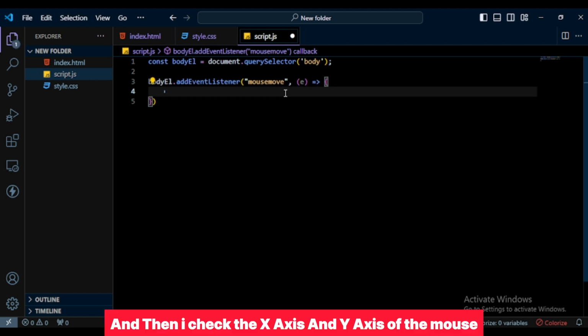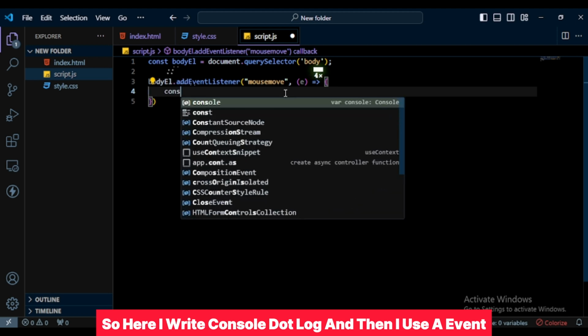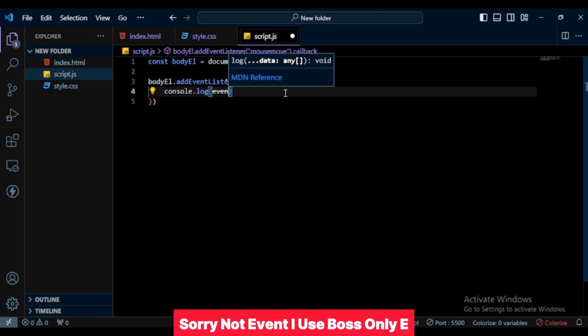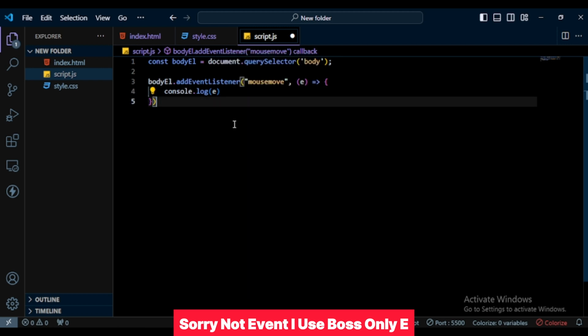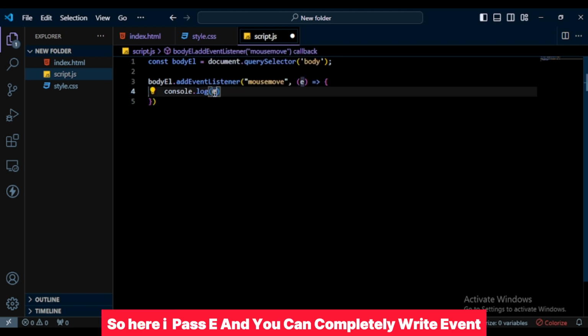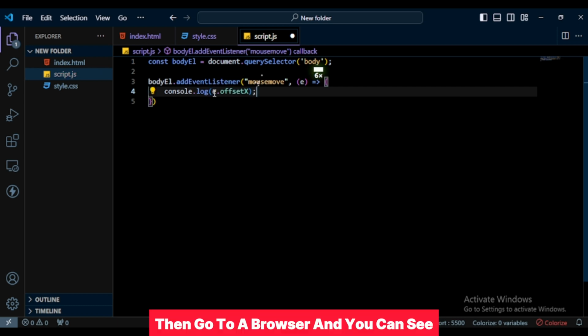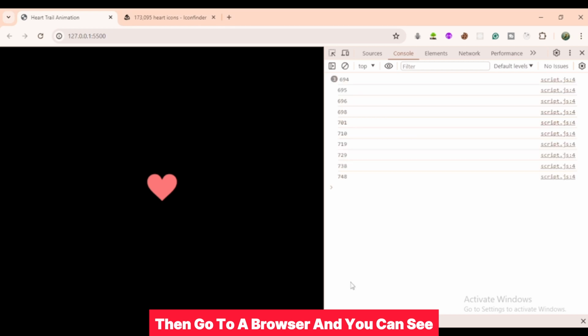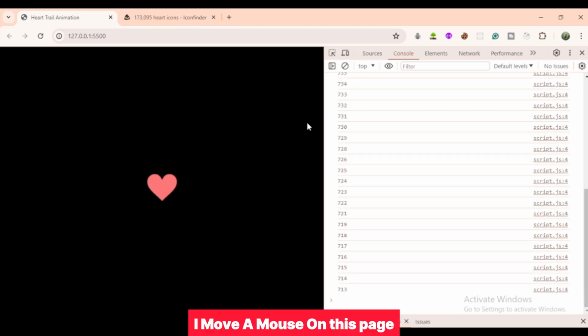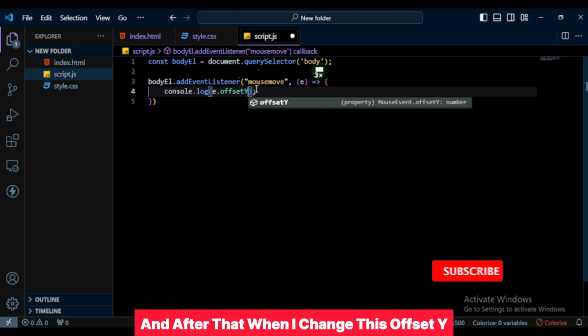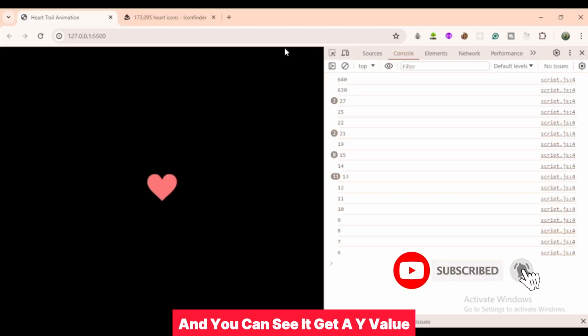and then I check the x-axis and y-axis of the mouse. So here I write console.log, and then I pass only an e. So here I pass e, and you can completely write event. After that I write offsetX, then go to the browser, and you can see I move the mouse on this page, you can see it gives an x value, and after that when I change this to offsetY, you can see it gets a y value,